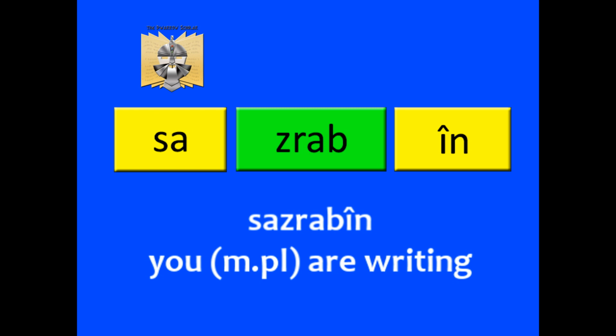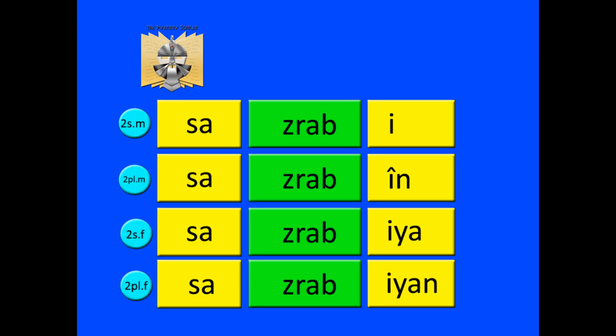So those are the second person forms. Let's have a look at those again in an overview. Now let's say we want to talk about the third person forms, he, she, or them. So currently on screen we are seeing the second person forms, so these are all forms of you, whether it's you masculine, female, or singular or plural. These are all forms of you.